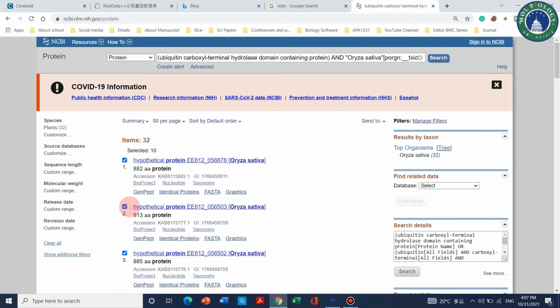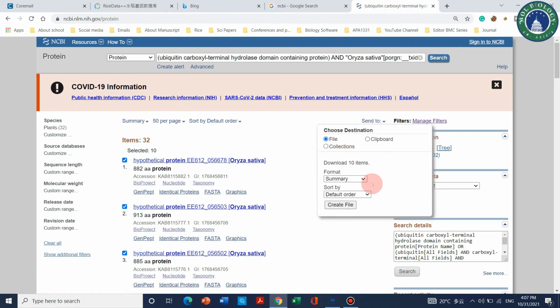They just need to select all, then click on send to, go to file, and from here choose FASTA. We can download this FASTA format because we will use it in our later videos to do further phylogenetic analysis of this protein.